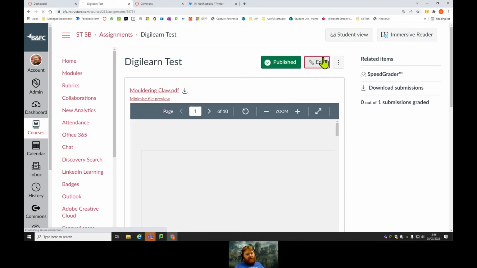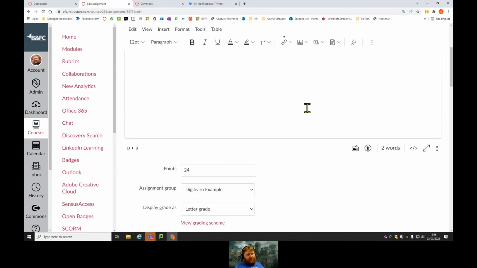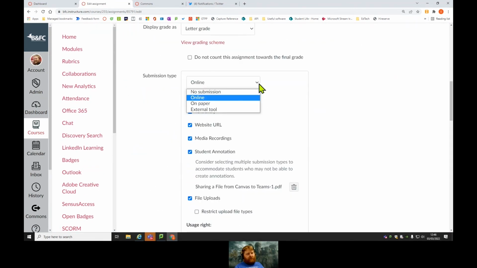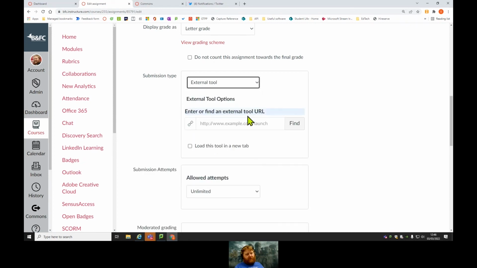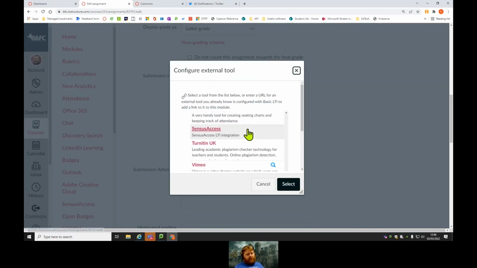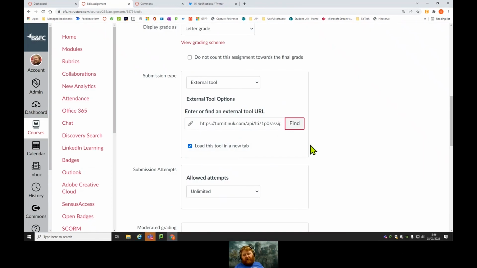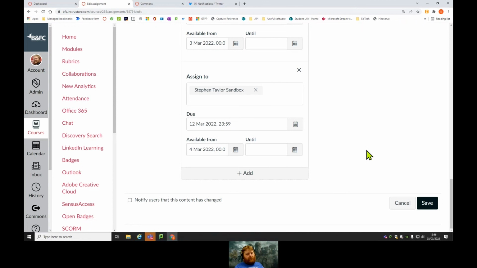I'll just show you Turnitin as well, because I know a lot of us will use Turnitin. So if your admin has set up Turnitin, click find, you go to your Turnitin and click, go through there, click save. This is going to change